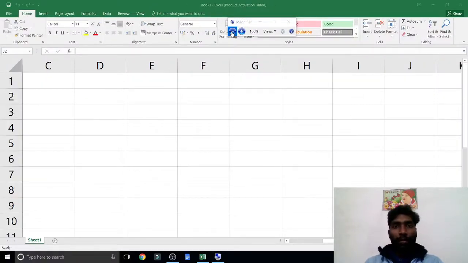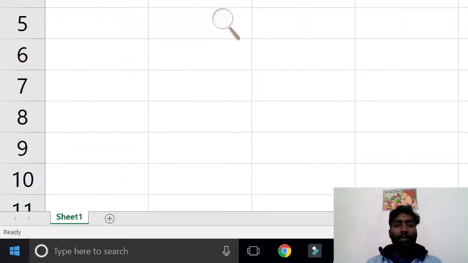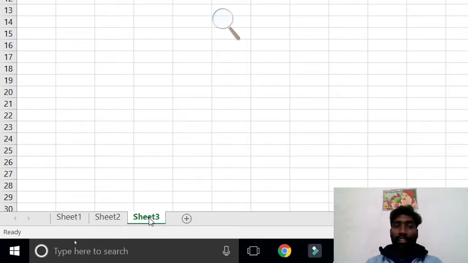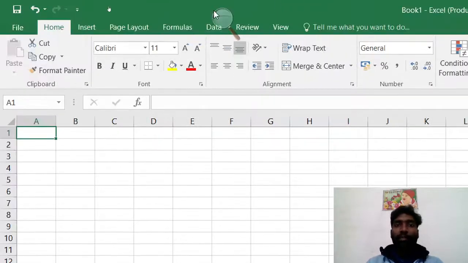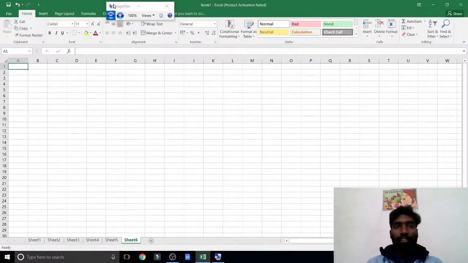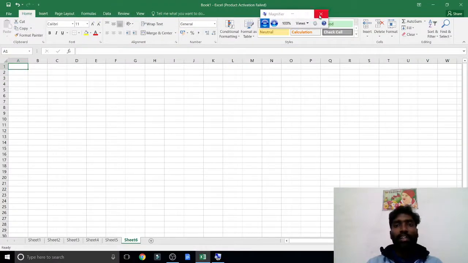Whenever you are opening a book, it has sheets, a number of pages. Same in Excel, whenever you are opening, by default 3 sheets will be there. In 2016 one sheet is there, but mostly the default is 3 sheets. So however many sheets we need, we can add. Because of this reason we say it is a book, because a book contains pages. In the same way, an Excel document contains spreadsheets.